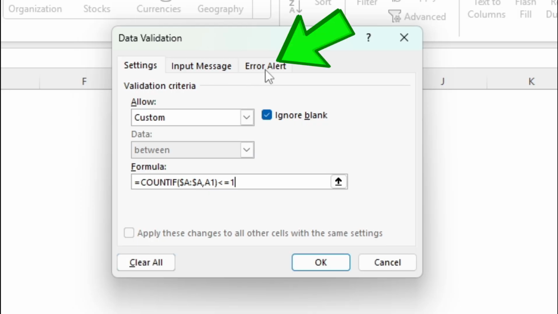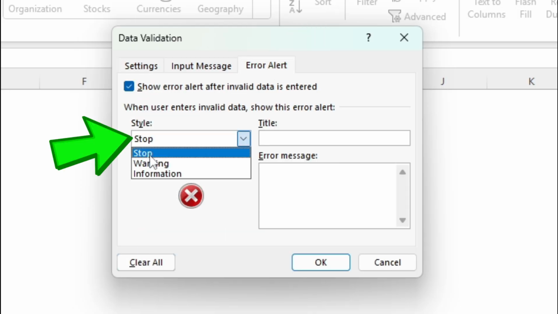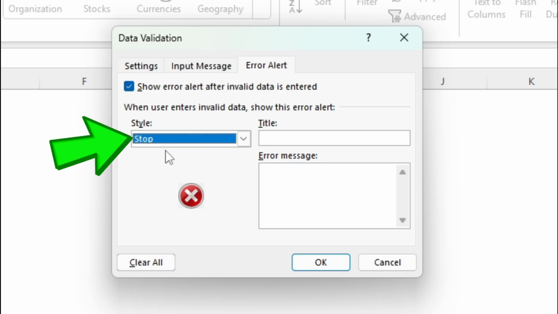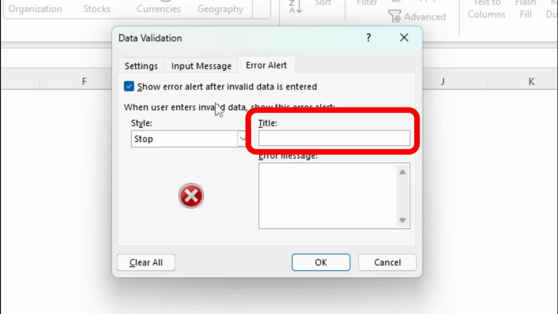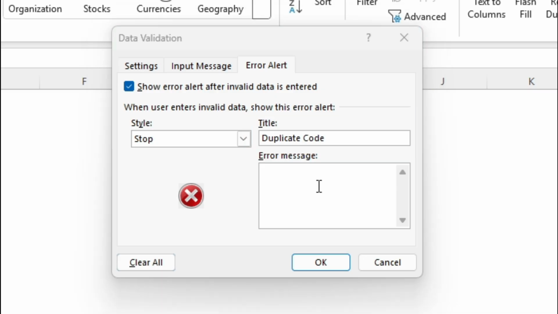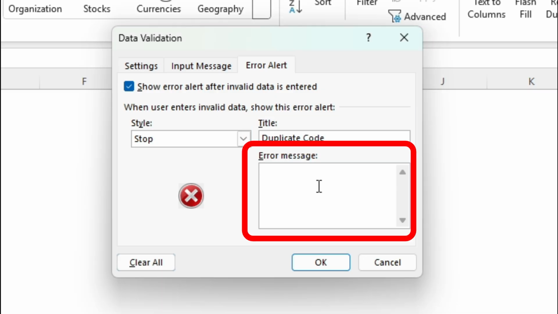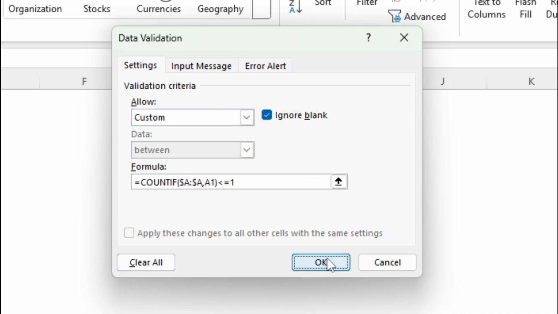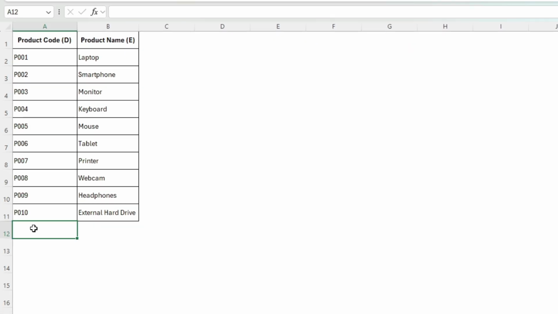Now go to Error Alert tab, select Stop option in Style box, enter any title like duplicate code. Enter the error message which you want to display in the alert box. Now click OK. Now in the sheet, enter any new product code, press enter and the product code will be